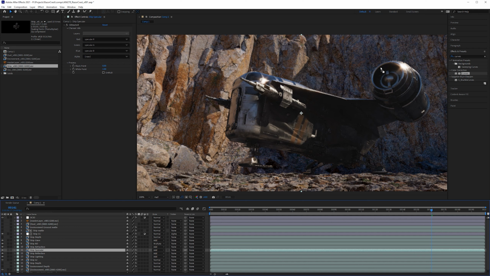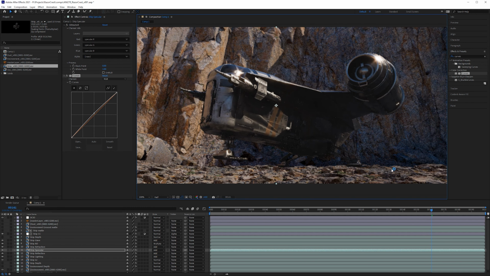On the specularity, grab a curves on this. And you can see we do have that control. We wouldn't want this to get too bright though, because if we made this too bright, then the ground really should be brighter. So we don't really need to do something like that in this case because it's already pretty bright. If you wanted to give it just a slight boost, you could do that. But again, our ground isn't that bright and there is going to be dust here.